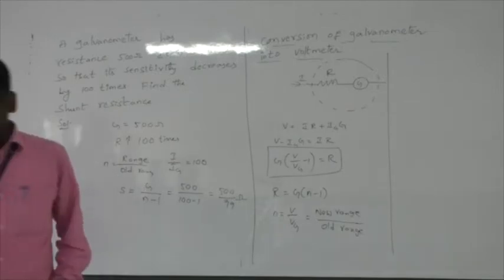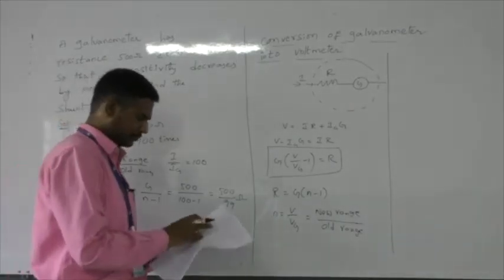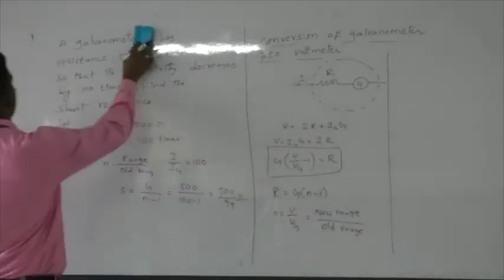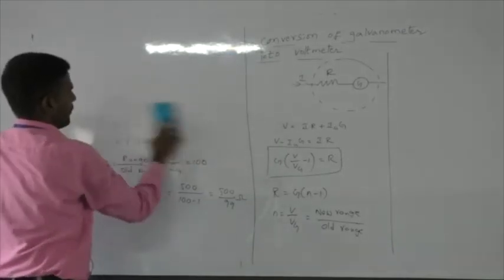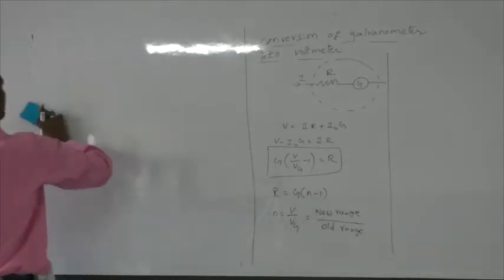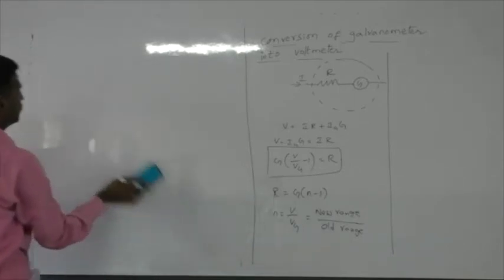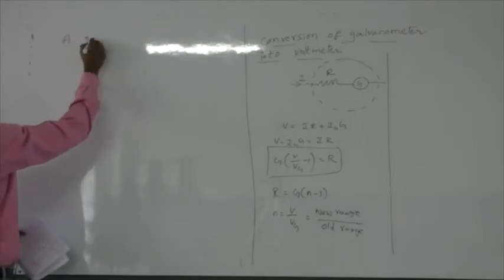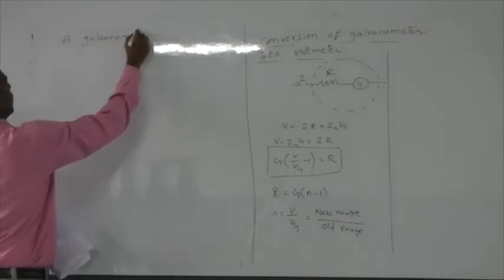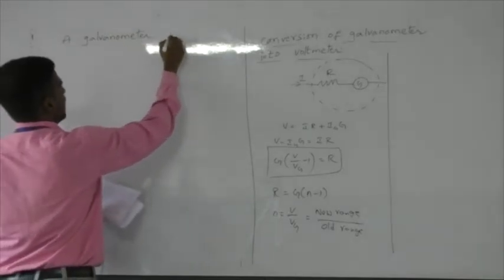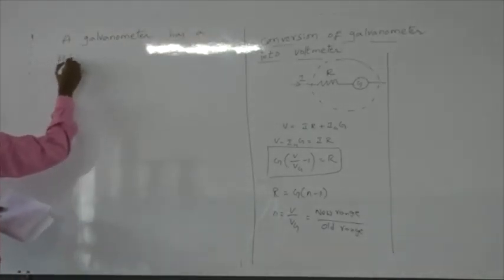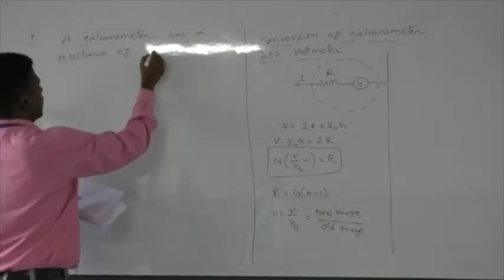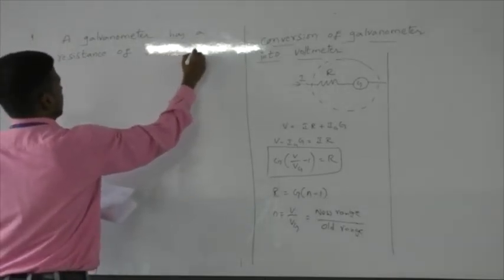So here we have the problem. Let me write here. A galvanometer has a resistance of 50 ohms and